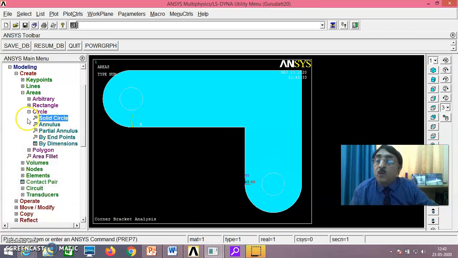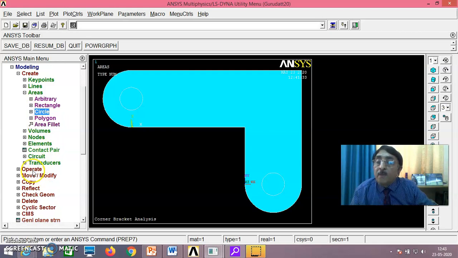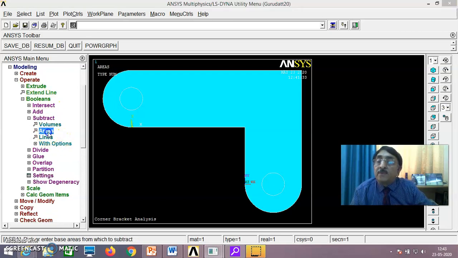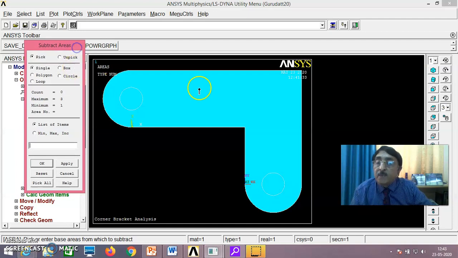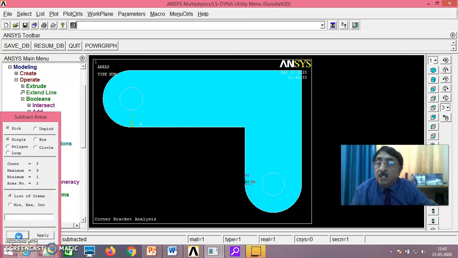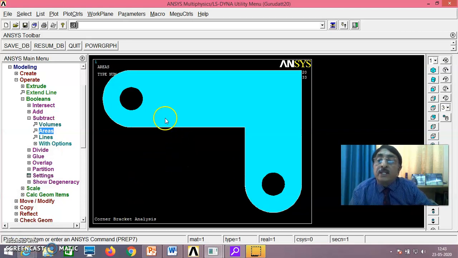Okay. Then what you have is, in this operate, you have Boolean, subtract areas. If you subtract areas, you take this area, say okay, then click this and click this and say okay, then this and this have been cut.